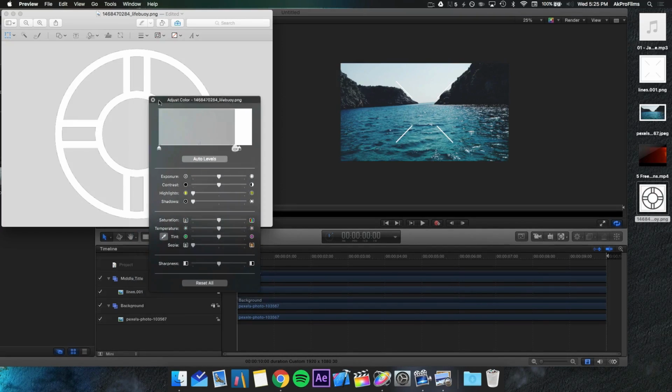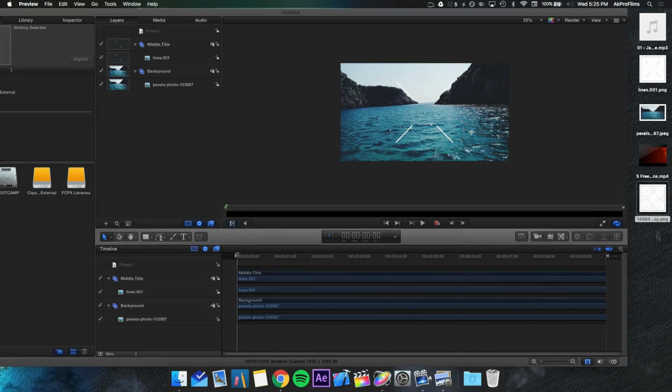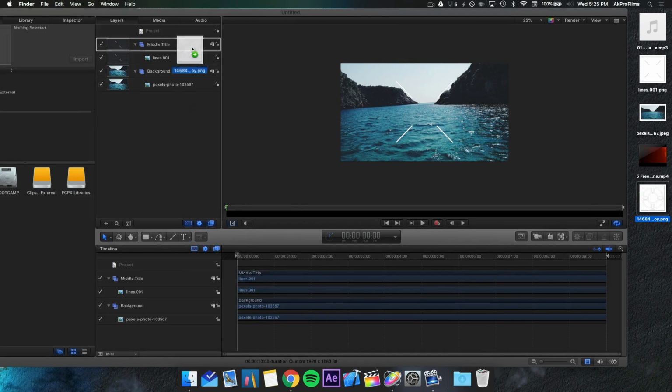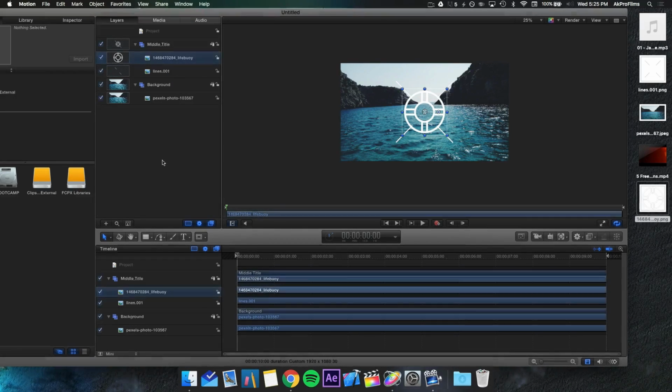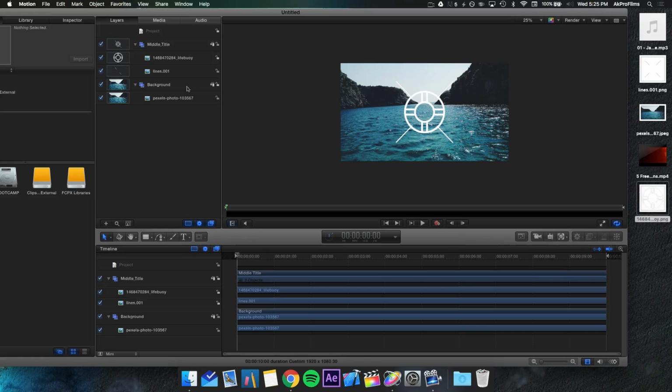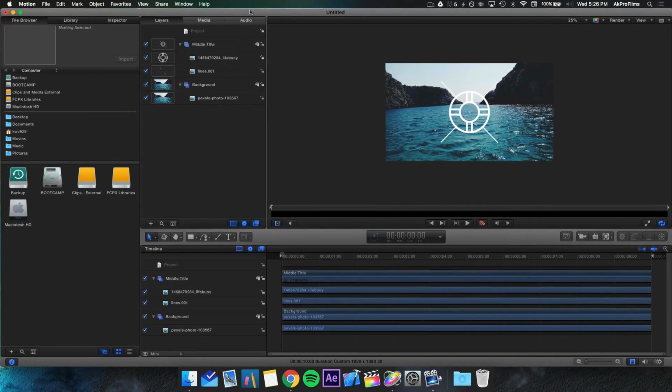nice. And feel free to mess around with this to get it to the black or white color that you so desire. So then exit out of there, exit out of preview, and let's pop this icon into our project. Let's place it inside of our middle title. There we go. All right, so now let's mess around with the middle title and place the elements where we